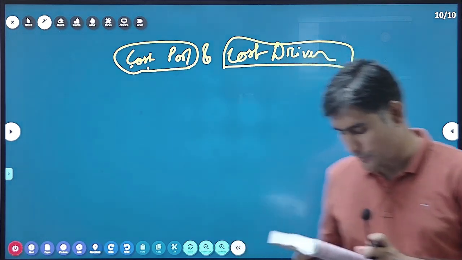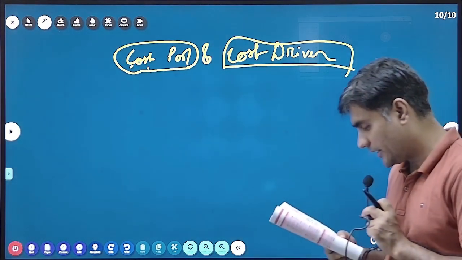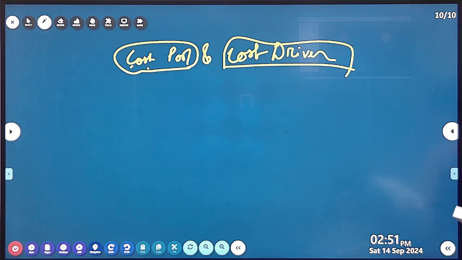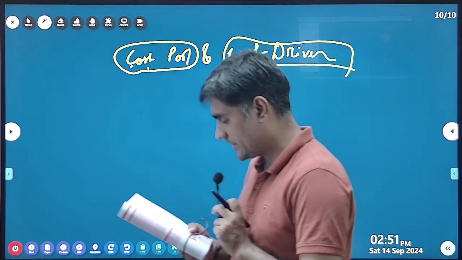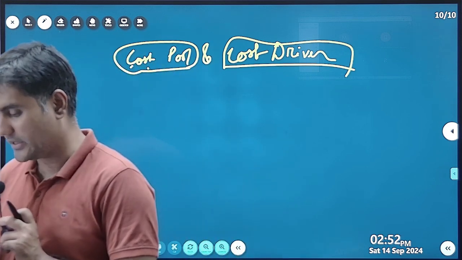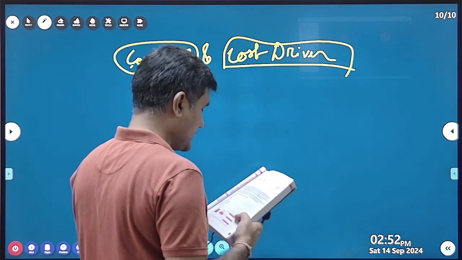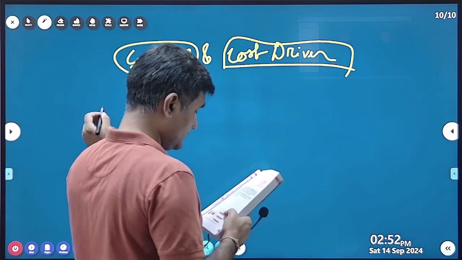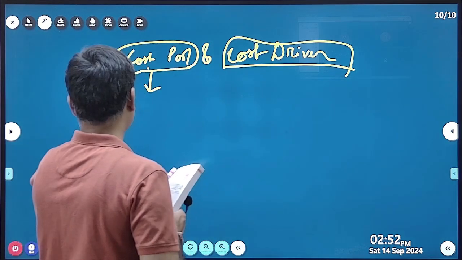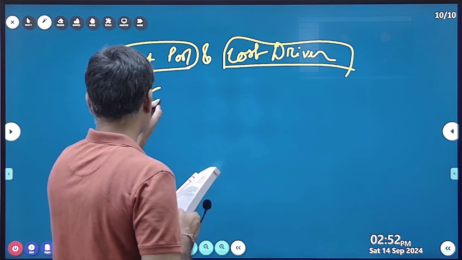So the term cost pools are used to describe a location to which overhead costs are initially assigned. Normally, cost centers consist of departments, but in some cases they consist of smaller segments, such as separate work centers within the departments. So if we make one department as a cost pool,